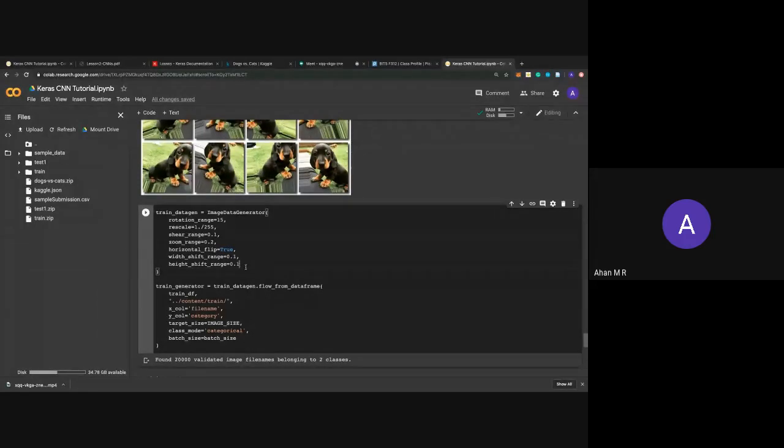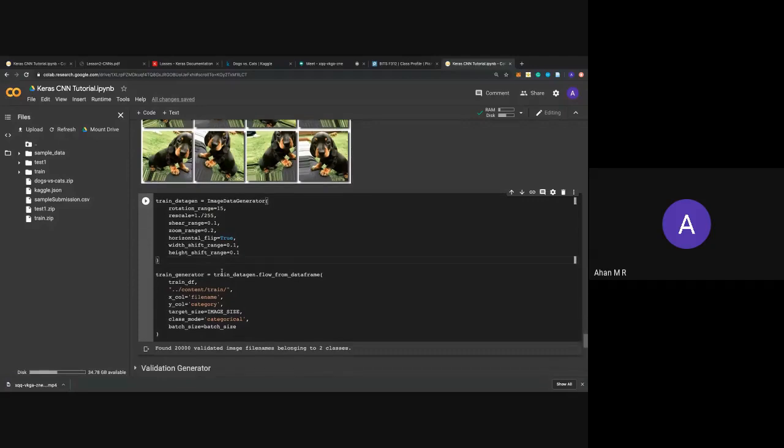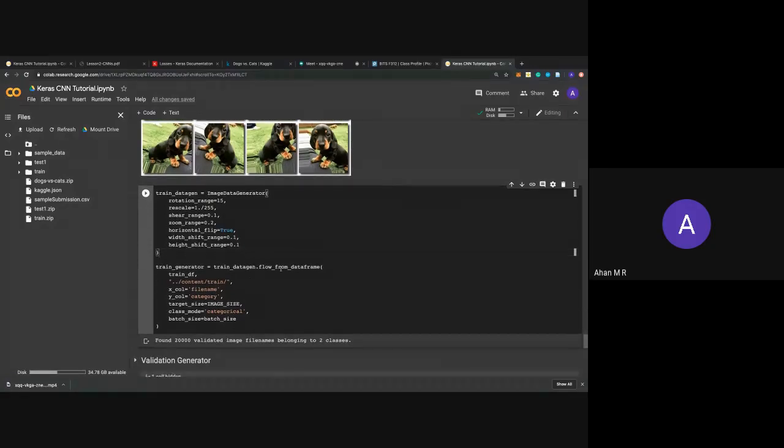And yeah, some people tend to make mistakes, that is they perform the same operations on the test set as well. So here's the thing, your test set is something you predict on. Why would you want to make changes to your test set by augmenting it? You don't really have to, right? You're predicting the output for those images. Unless it's a necessity, don't try to use it. But yeah, that's the important thing.